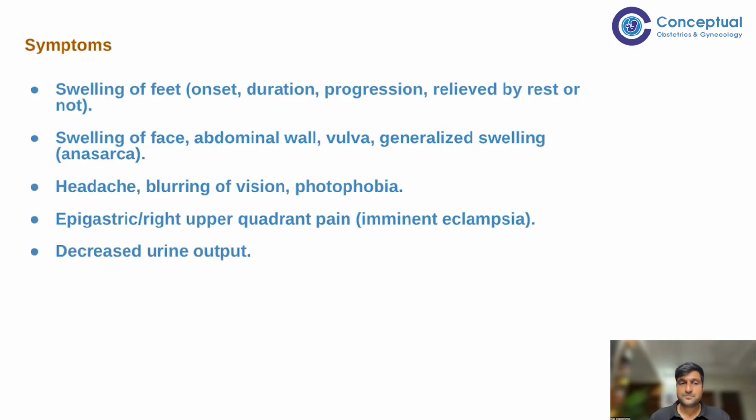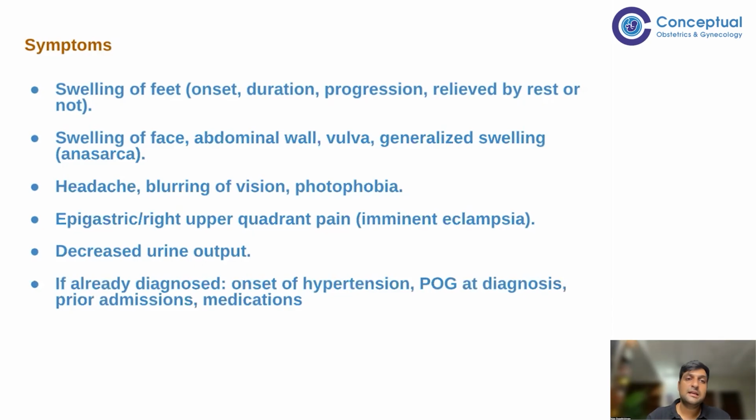Imminent eclampsia. Decreased urine output. If the patient is telling you that there is decreased urination, then that again indicates that the patient might be going towards some kind of a renal component failure, which might also be a case of severe preeclampsia. And lastly, if she is already diagnosed with preeclampsia, sometimes the patient might just come to you and say like that,